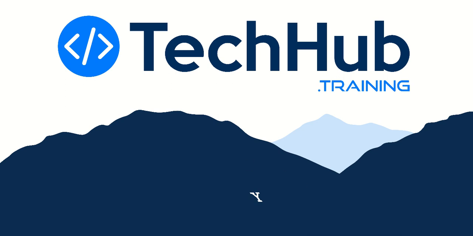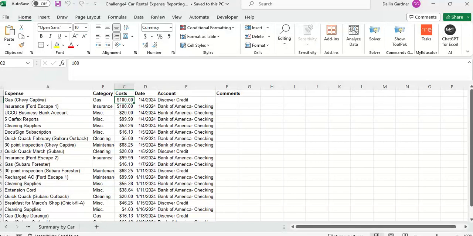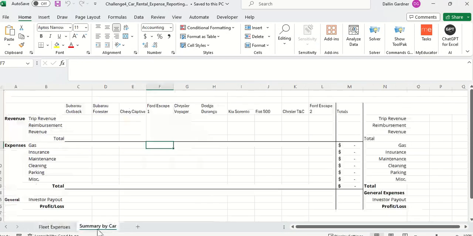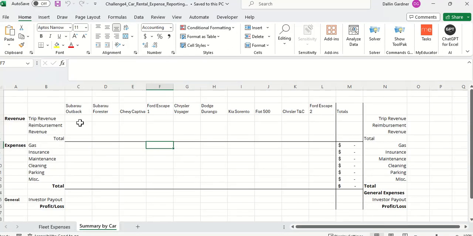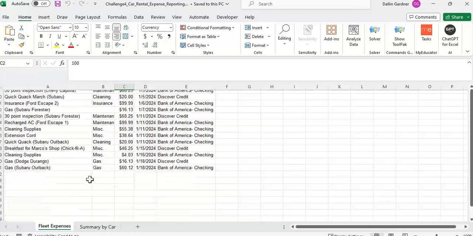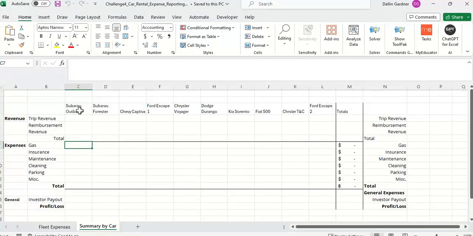So we're going to look at the Excel sheet that the company is currently using. It's got a couple of sheets here. What we want to do is take this sheet and organize the expenses so they automatically pull from this sheet into here, reading by vehicle name and category of expense. We're going to jump into this and get started. The first step is we need to create a new worksheet,